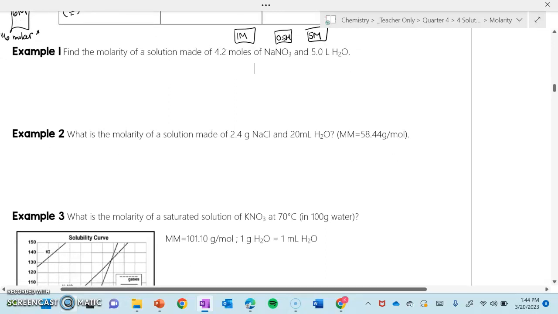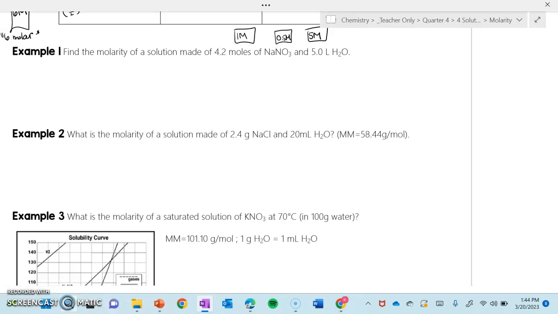We have a few examples here. Again, just making sure our numbers are in moles and liters, and then we can divide to find the molarity. So the first one's pretty straightforward. Find the molarity of a solution made of 4.2 moles of our solute and 5.0 liters of our solvent. The solute is sodium nitrate and the solvent is water. So this one we're going to put our amount of moles on the top. Moles per liters. So there's our molarity calculation,